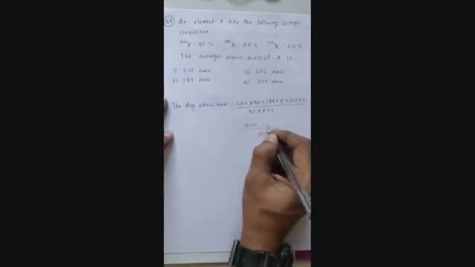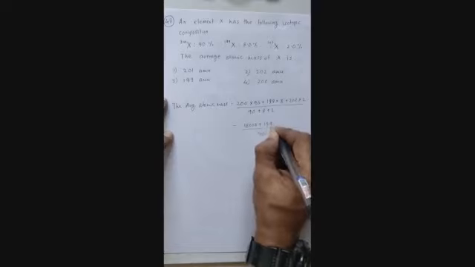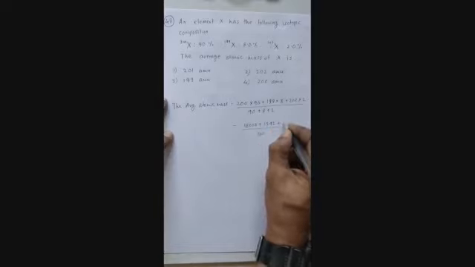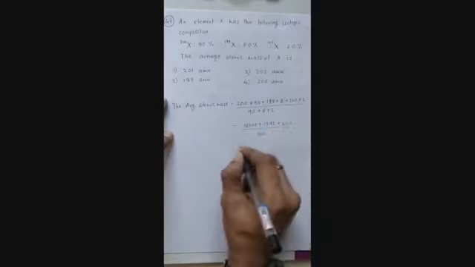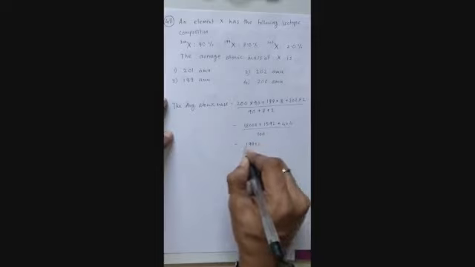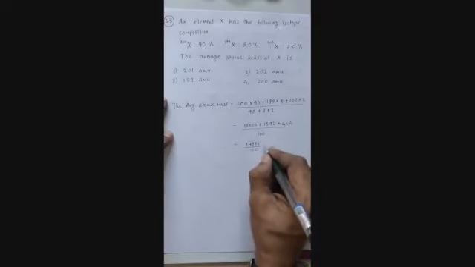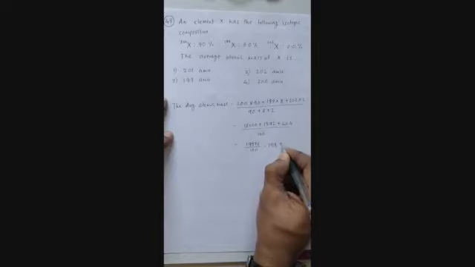So this is going to be 18,000. This is going to be 1592, and this is going to be 404. Now if I add the numerator, I'll end up getting this as 19,996 upon 100. So your final answer is 199.96, which approximately can be taken as 200 AMU, atomic mass unit.